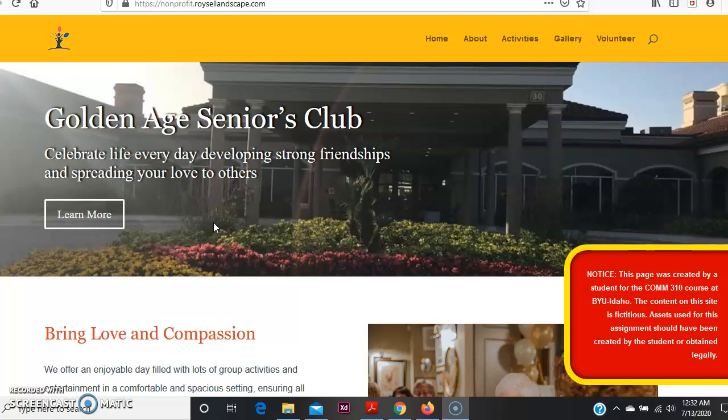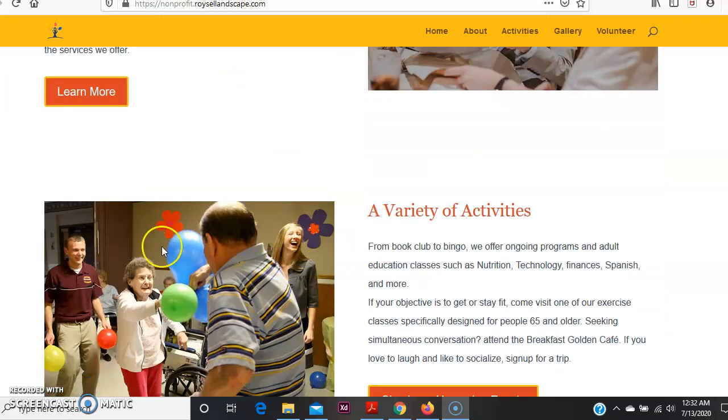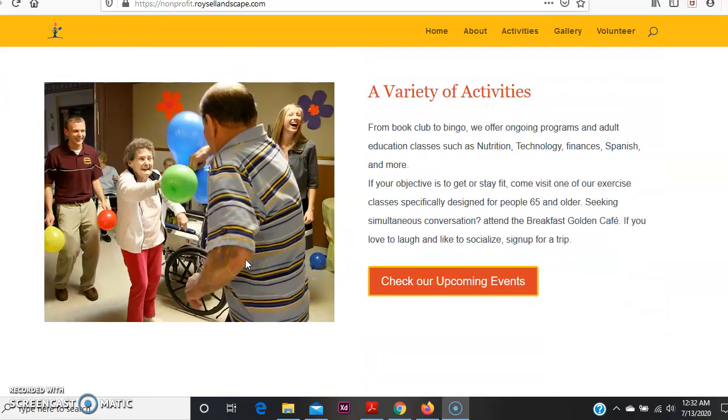This is a senior club that is asking for volunteers. I added a volunteer option on the main menu. Then a full width picture that my husband took and two more big pictures. One represents what we do and the second is showing volunteers to invite and motivate our volunteers to be part